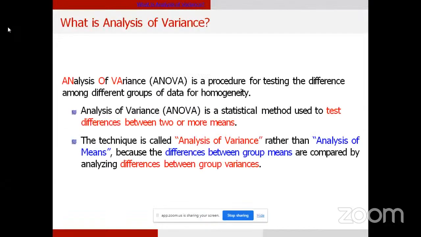So what is the analysis of variance? ANOVA is nothing but the first letters of analysis of variance. That is, analysis of variance is called ANOVA. It's a procedure for testing the difference among different groups of data for homogeneity. So we have different groups. From these groups, we have to check that